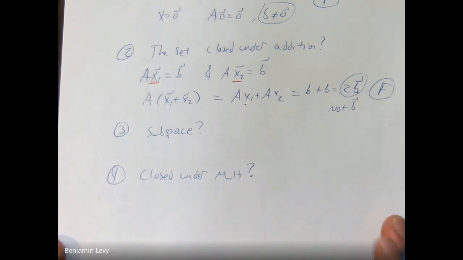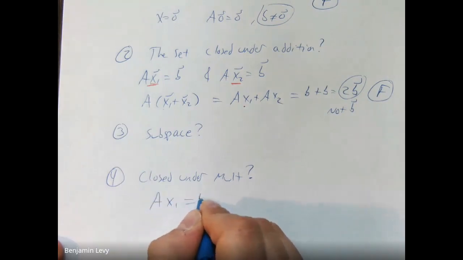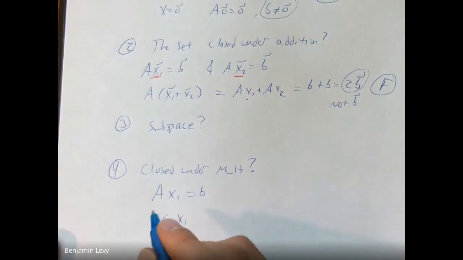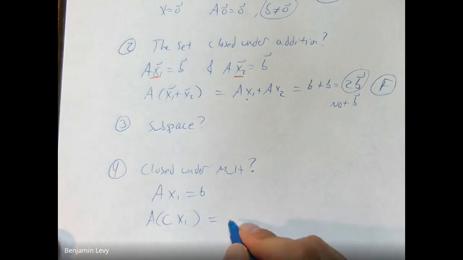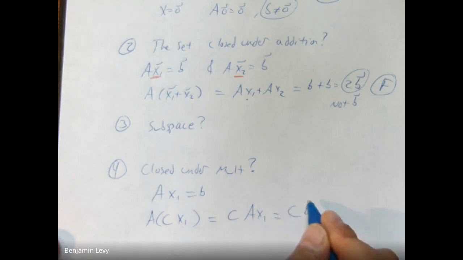And so pick something in the set again. So let's do ax1 equals b. What happens if we multiply this by a constant and then we multiply it by a, right? So I'm taking something that's in the set, I'm multiplying it by a constant and checking to see if it's still in the set. Well, when you do that, you can move the constant out front. This becomes b, and so we get cb,